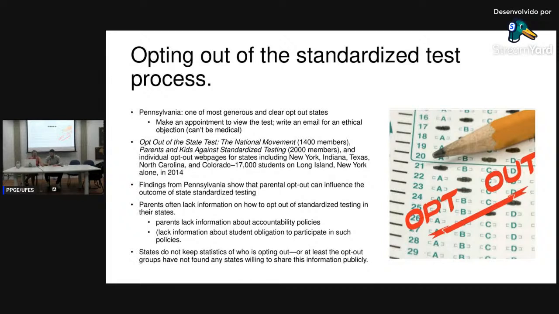Most people opt out, so they don't want to show the extent to which it happens. Então, os estados não mantêm os dados, né? Eu acho que eles não divulgam os dados daqueles que saem dos testes, porque eles não querem incentivar que mais pais optem para a criança não fazer o